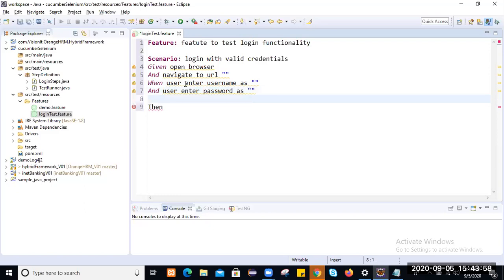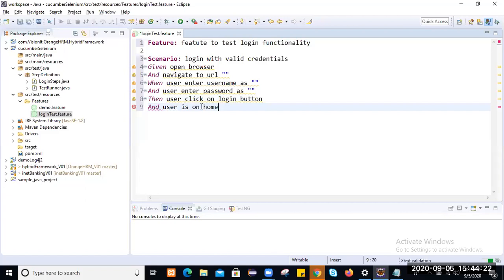When user enters username and password, then user clicks on login button. Then after that, what will happen? User is on home page.